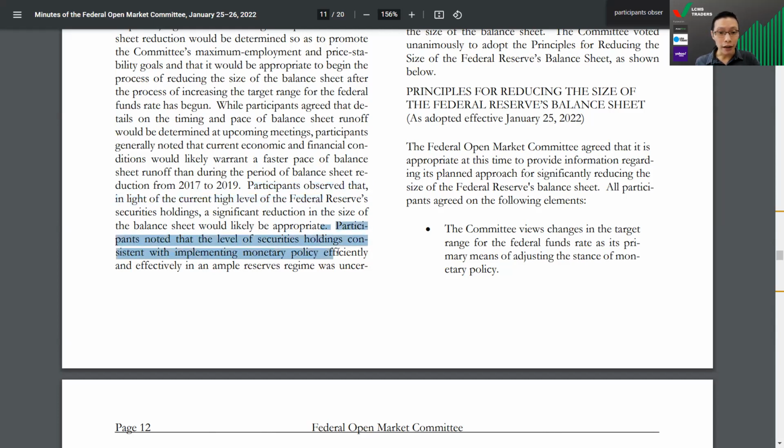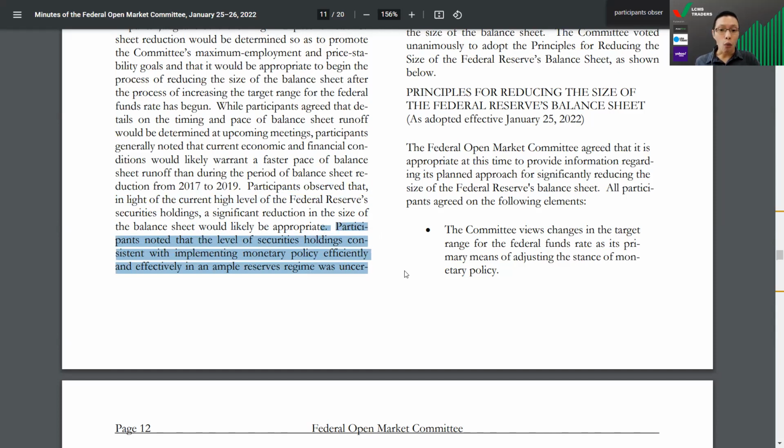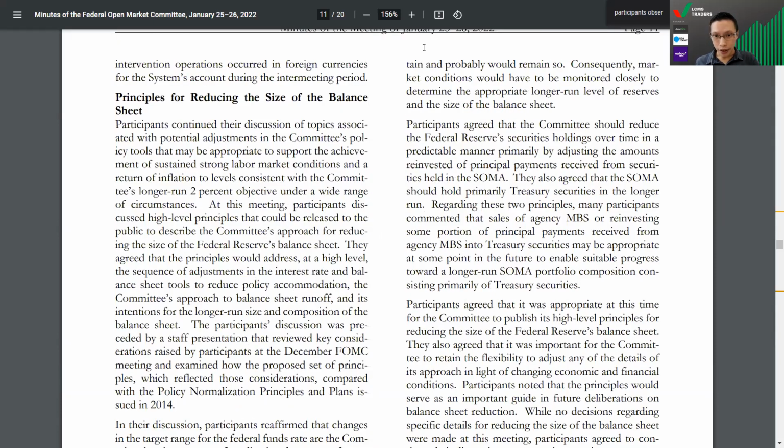Participants noted that the level of securities holdings consistent with implementing monetary policy efficiently and effectively in an ample reserve regime was uncertain, and probably will remain so. Consequently, market conditions would have to be monitored closely to determine the appropriate longer run level of reserves and the size of balance sheet. So they're going to start unloading, but